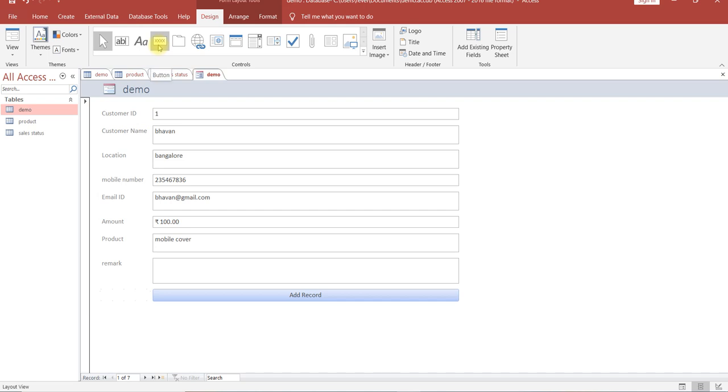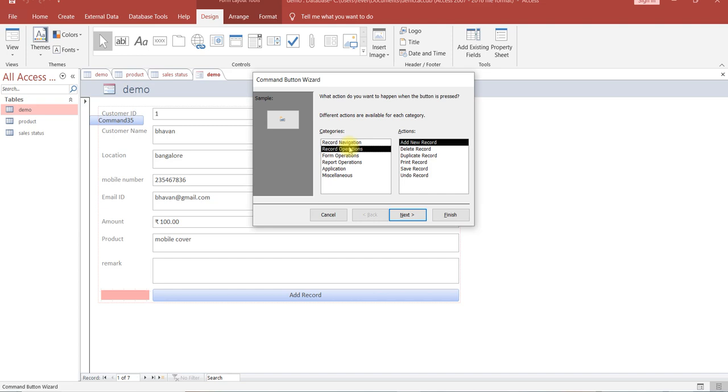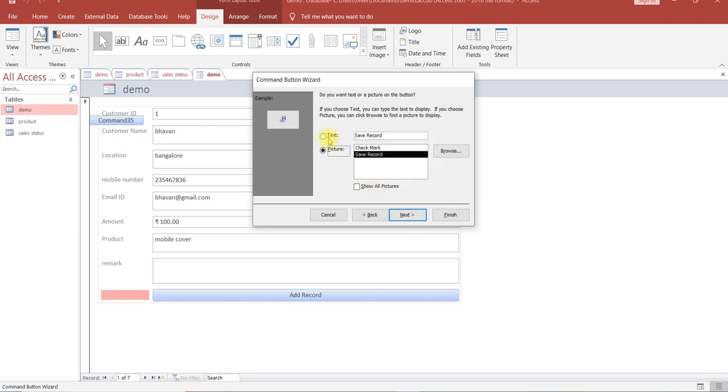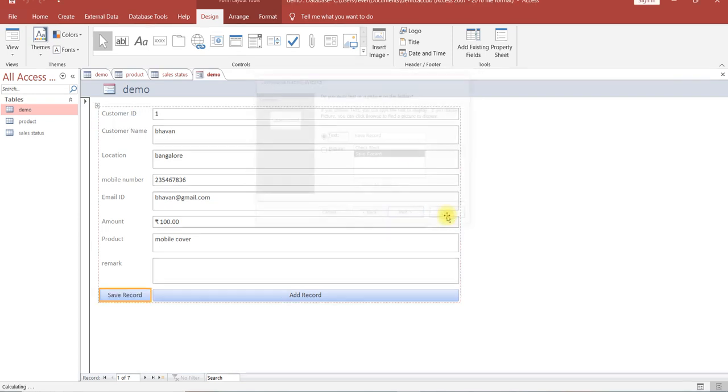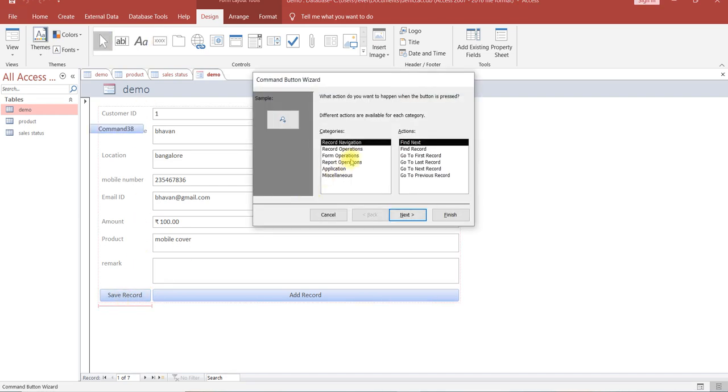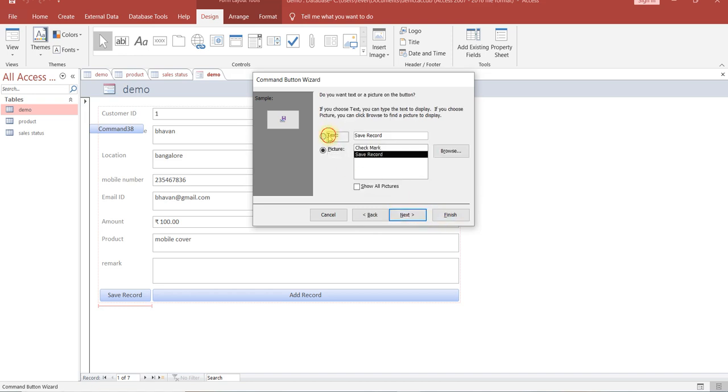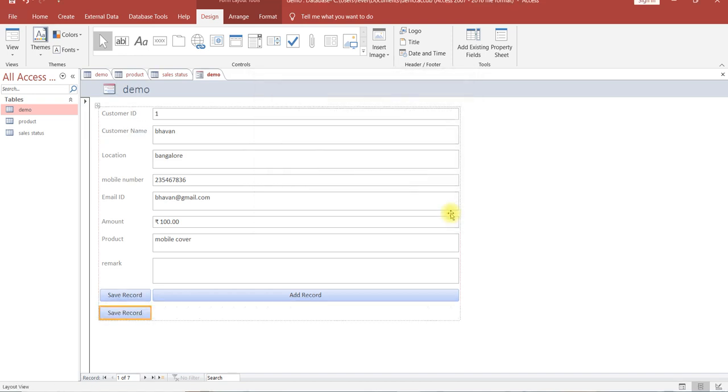The image is not proper, then select button, place here, record operation, save record, next, text one, save record will be written, finish. Similarly, one more button is added here, record operation, save record, then next, text one, finish.